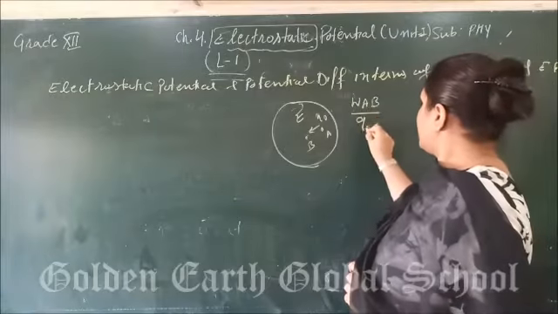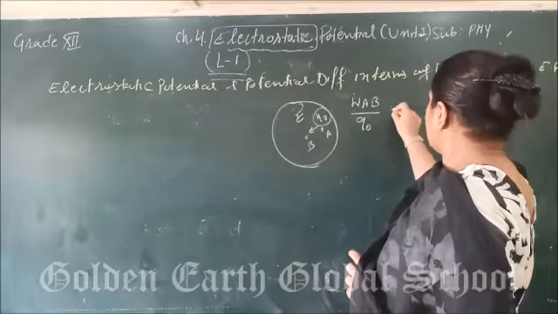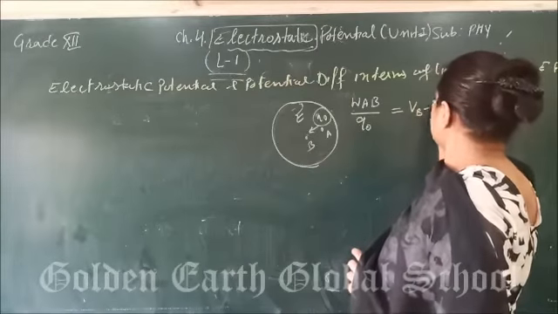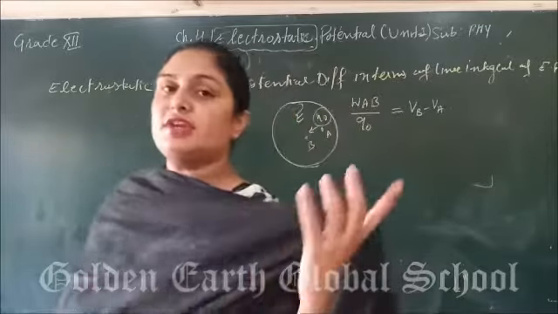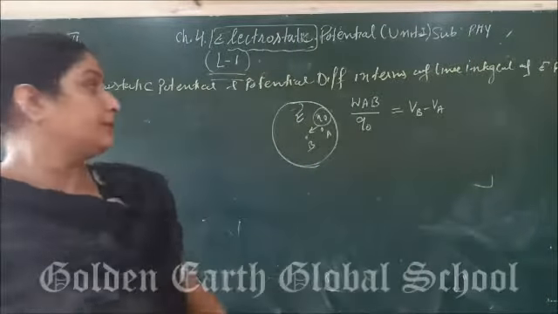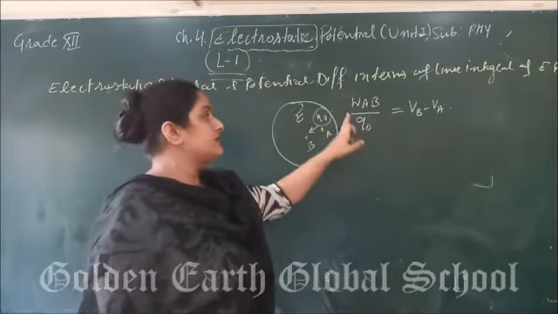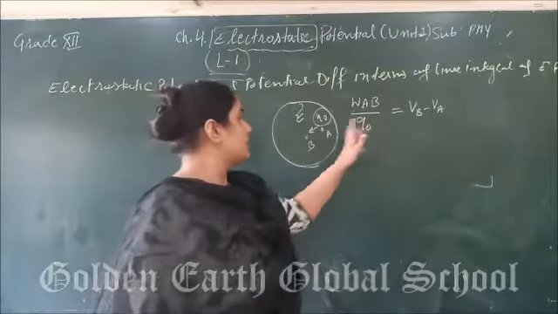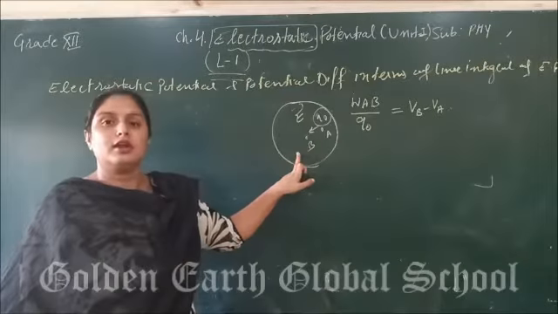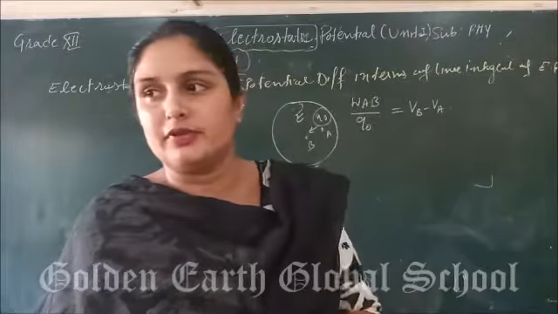Let us suppose work done to move the charge from point A to B is equal to WAB. Now this work done per unit test charge, the charge that is going to move, that will be equal to potential difference between point A and B. This definition we have already done. Now the potential difference can be defined as work done per unit test charge to move the charge from one point to another point against the direction of electric field.